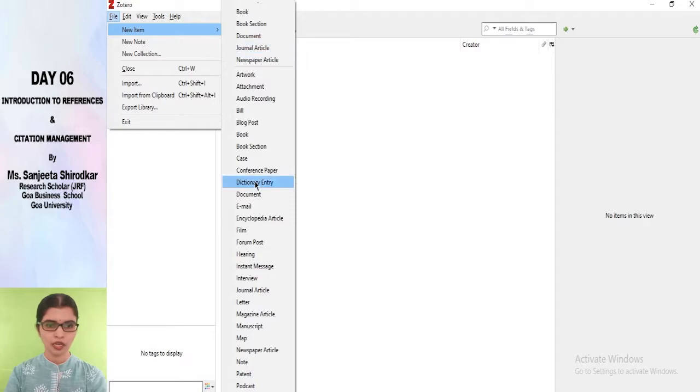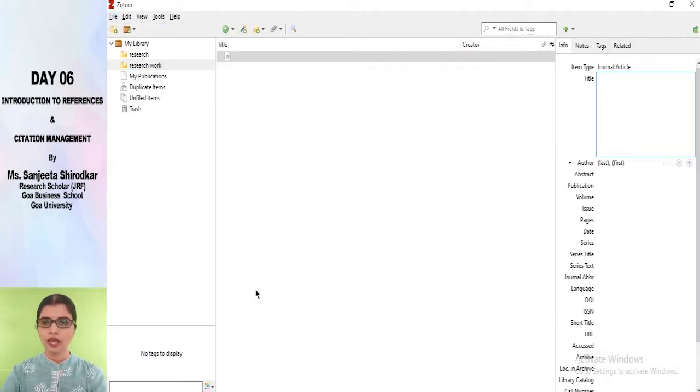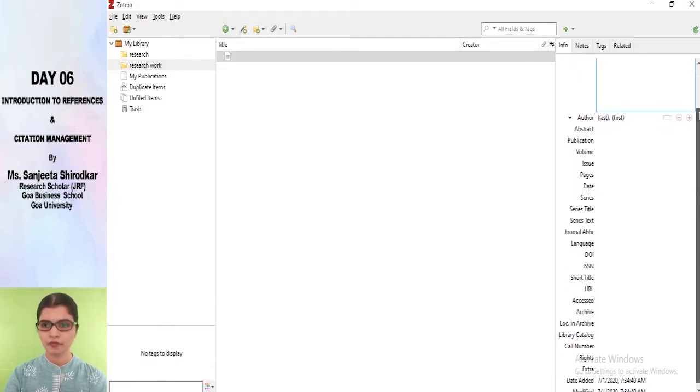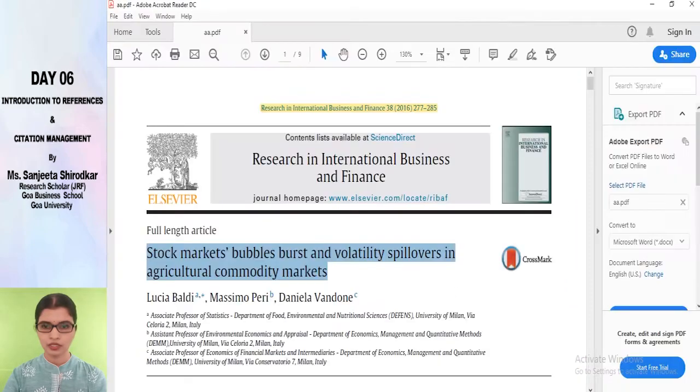So if I am citing a journal article, I am going to click on journal article. And now, as you could see, all these fields are there. If this is a journal article, what you will have to do, similar to Mendeley, is just cut, copy, paste in Zotero.